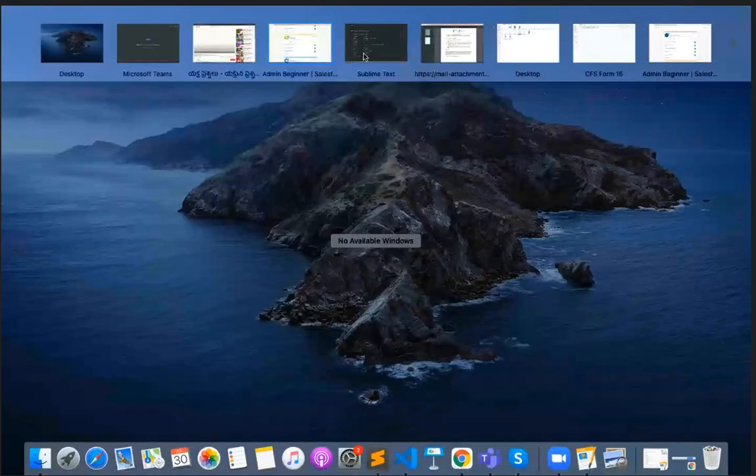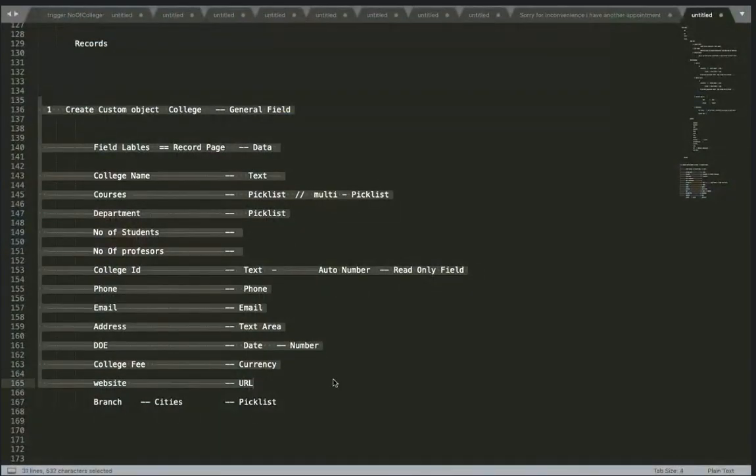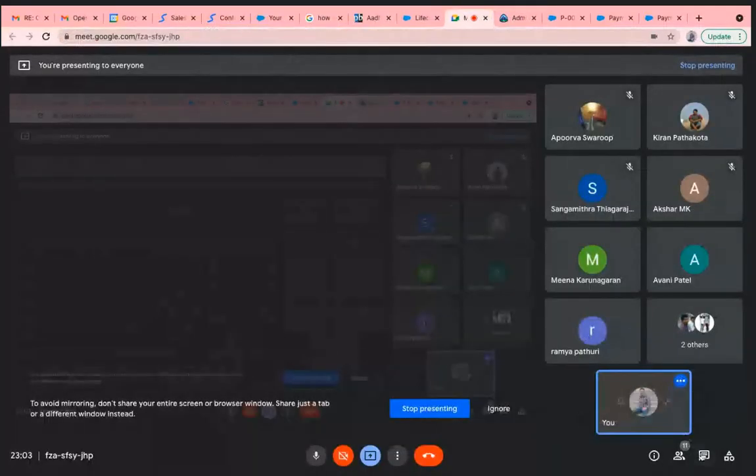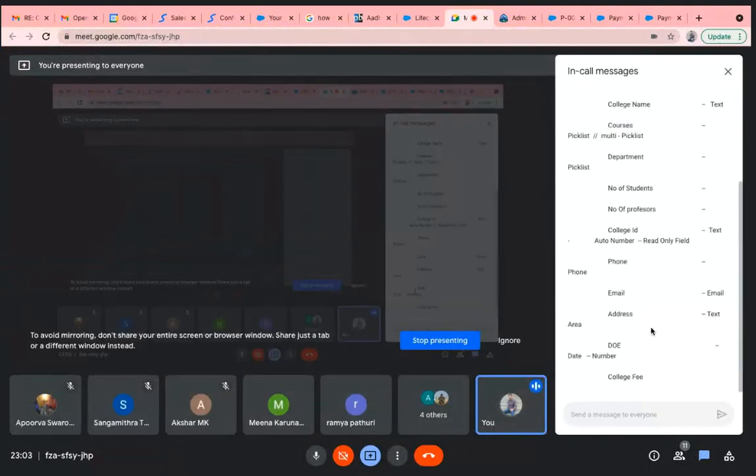Parallelly, whatever I have mentioned, I will give the complete assignment in a chat, so it is easy for you to work on it. If anything is missed, in WhatsApp also.